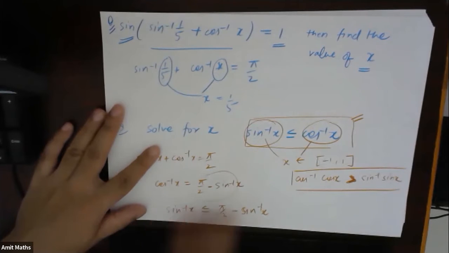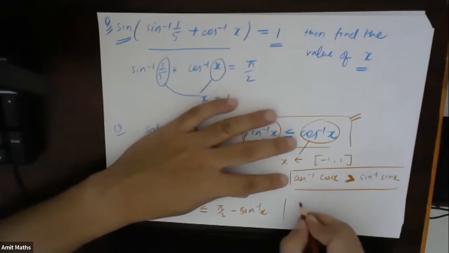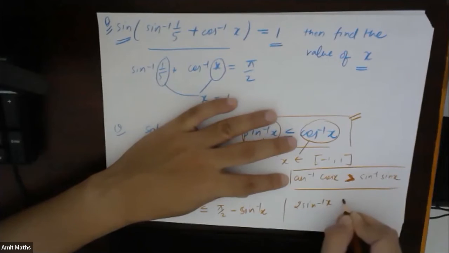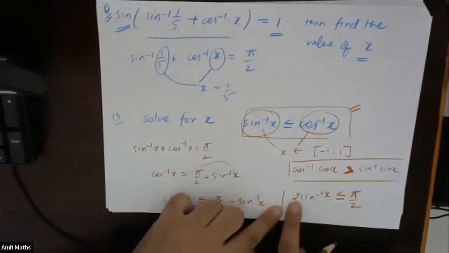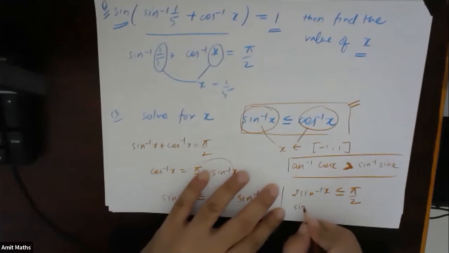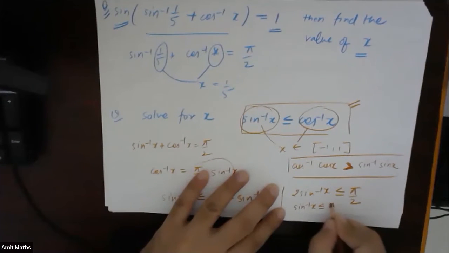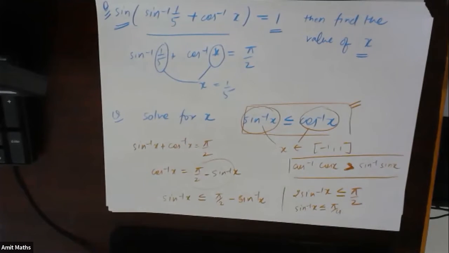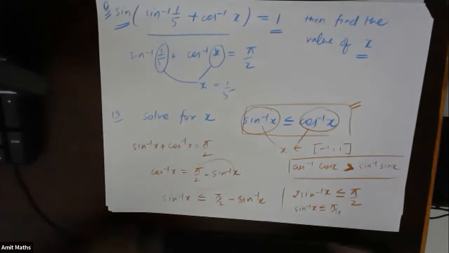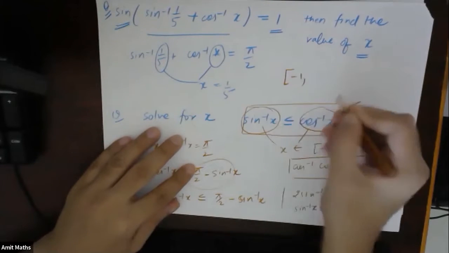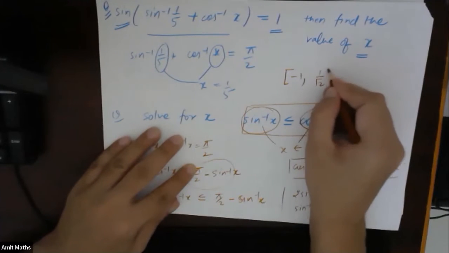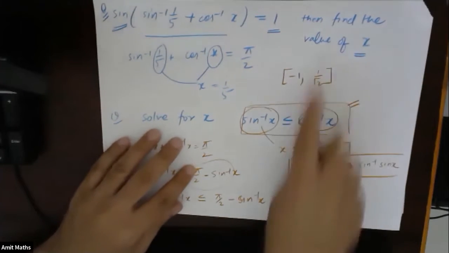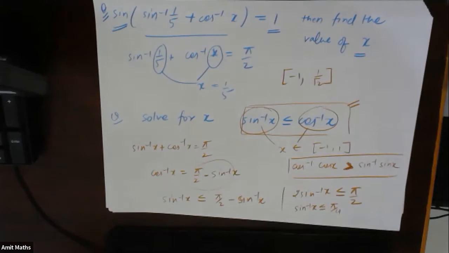So this sine inverse of x will come here, so this will become 2 sine inverse of x should always be less than or equal to pi by 2, right? This 2 is a constant quantity. If I divide by 2, sine inverse of x should always be less than or equal to pi by 4. Then what should be the values of x? X belongs to -1 to 1 by root 2, because at pi by 4 the sine is 1 by root 2. And because there is an equality, this is a closed bracket on both sides. Everybody understood?